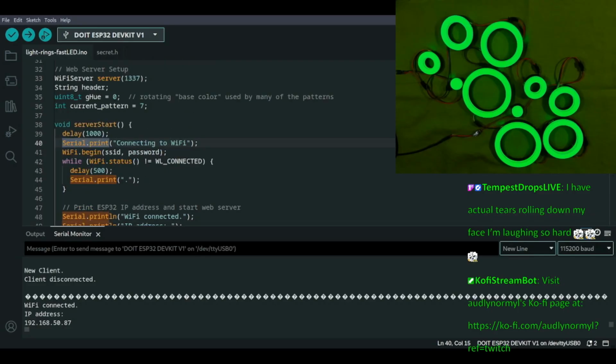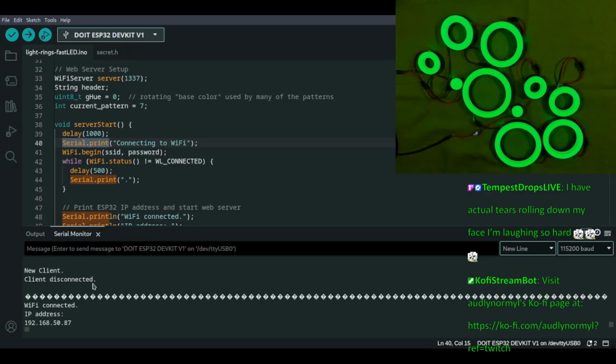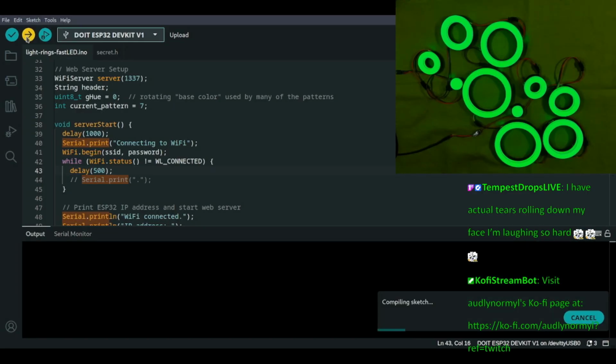In fact, that serial print on line 44, I believe, is your problem. If you comment that out, I bet it fixes it. I wouldn't put money on it, not an actual bet. More like a loose theory, a guess. You should try that. We can try it. Thank you.